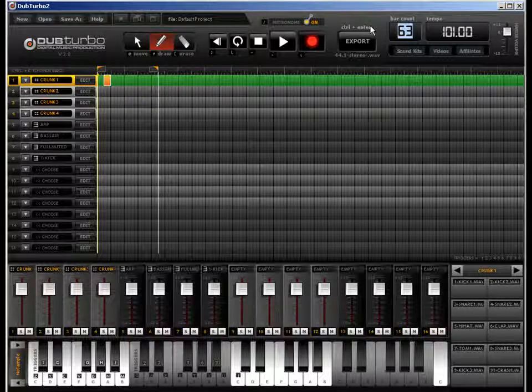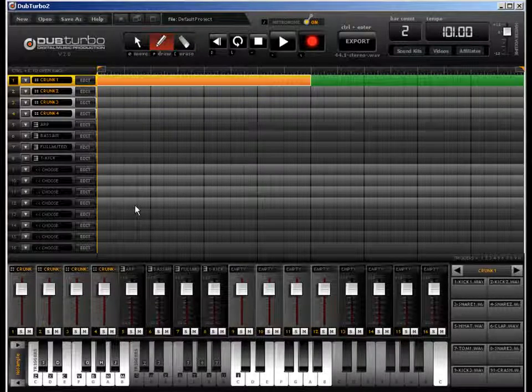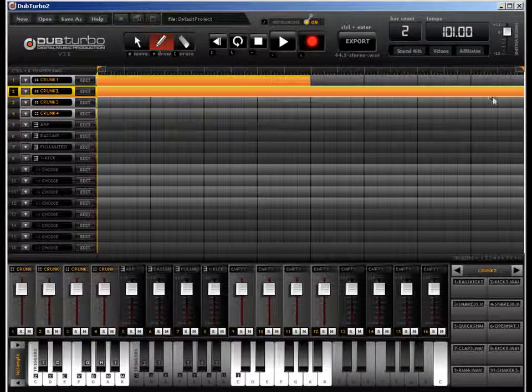Let's bring this back down to 2. So we start, and just erase that. Pencil, click, and you have a bar. Click, hold, and drag, you have 2 bars. If this is open more, you can have longer, but we try to encourage you guys to use 2 bars